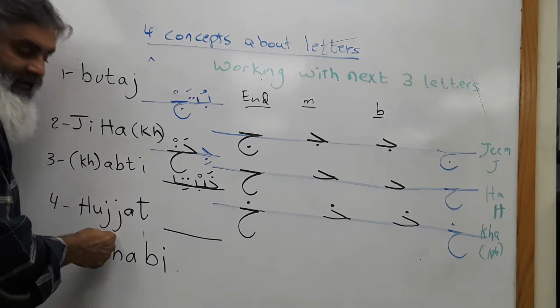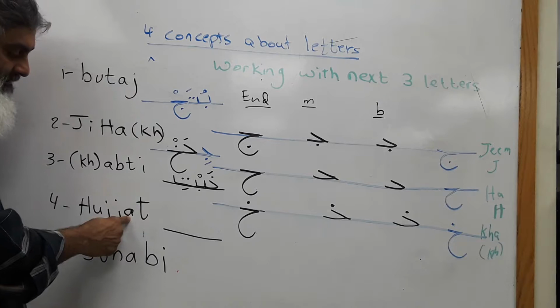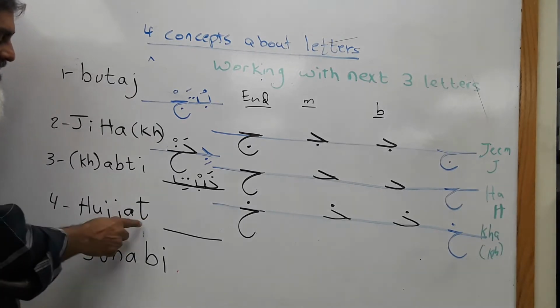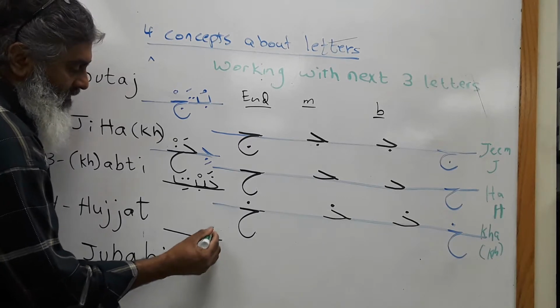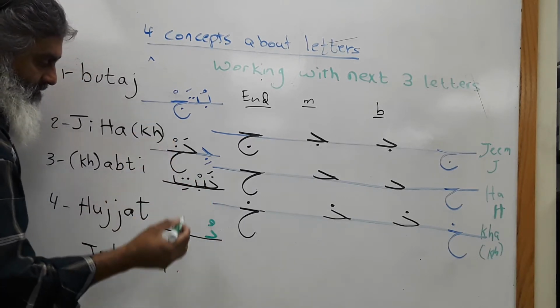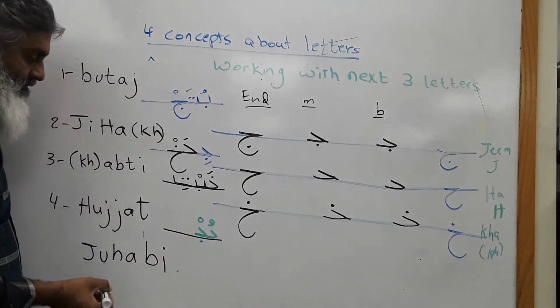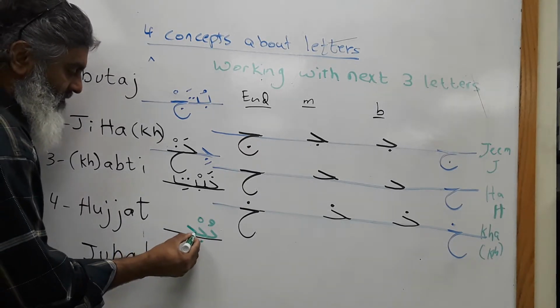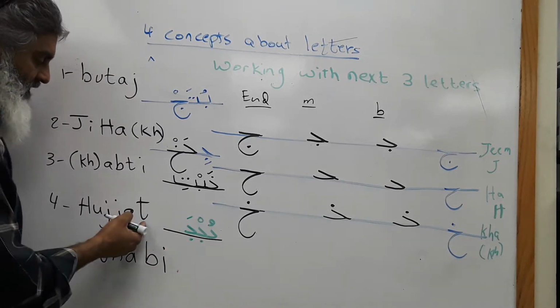And then jeem again with a, which means fatha. And finally, letter ta with sukoon. So ha with dhamma, jeem with sukoon, jeem with fatha, and finally ta